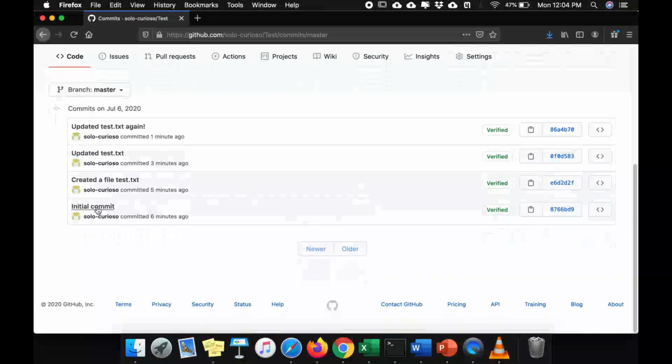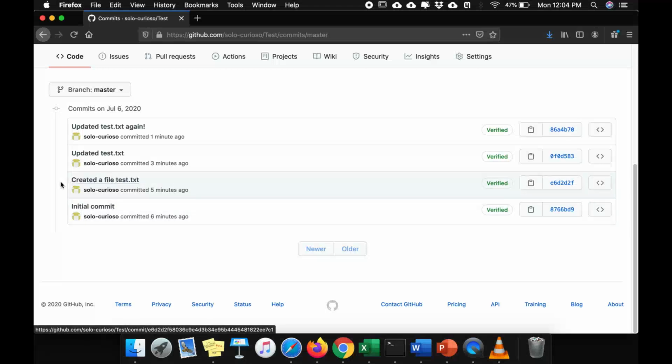So first was the initial commit. This was the commit when we created the repository and initialized it with a file readme.md, which was containing the description of our repository. Then we added a file test.txt, which is the second commit here, that is created a file test.txt. In this we wrote around 5 lines in which 2 were blank.